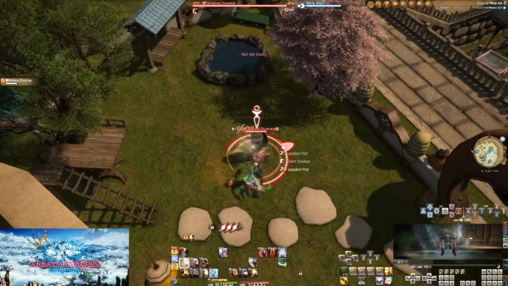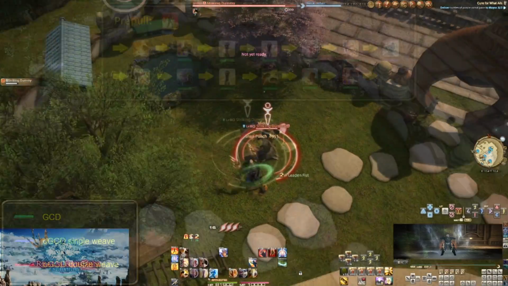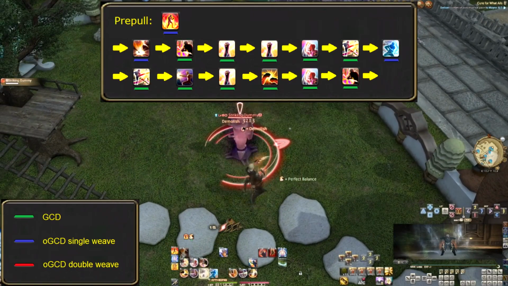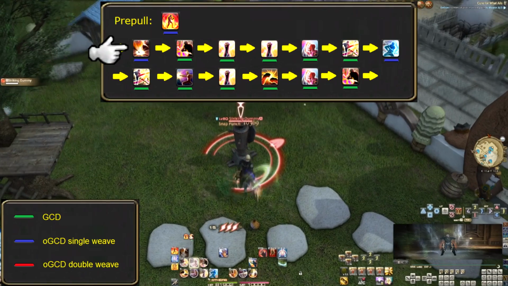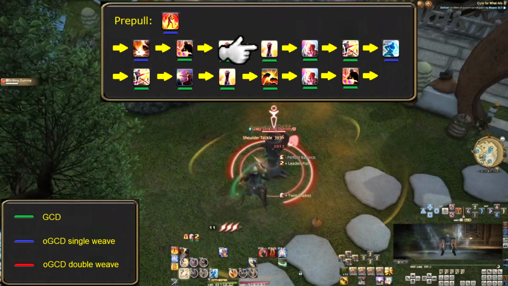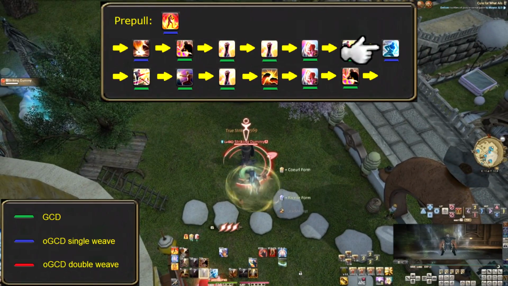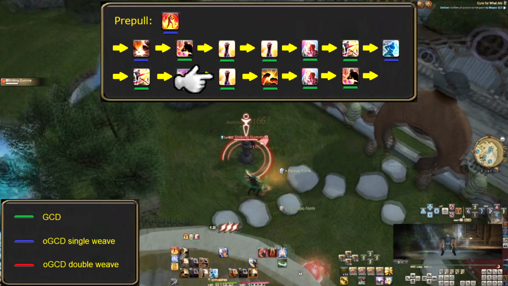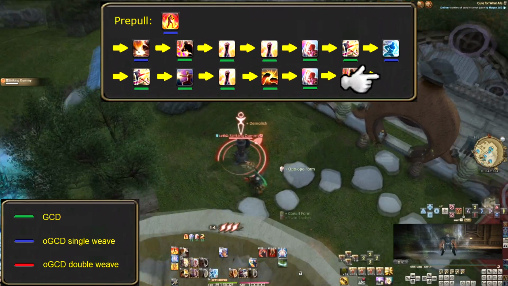Anyway, let's talk about our new opener. I mentioned we can use Perfect Balance in the opener to get us up to speed. Let's go over it now. Pre-pull, Fists of Fire should be on. Then do the following. Perfect Balance, Demolish, Snap Punch, Twin Snakes, Dragon Kick, Shoulder Tackle, Dragon Kick, True Strike, Snap Punch, Bootshine, Twin Snakes, Demolish, and continue on with